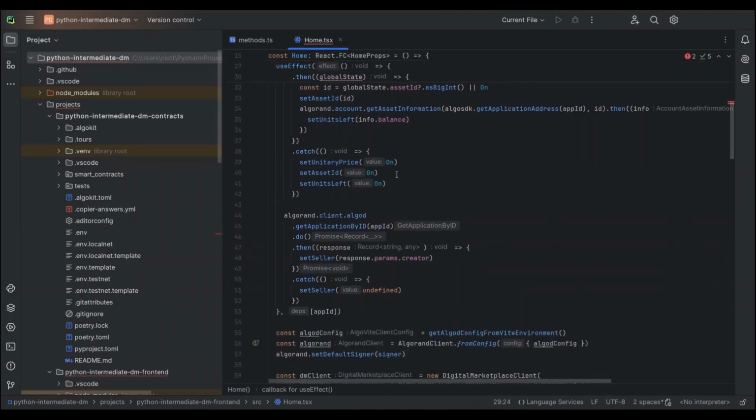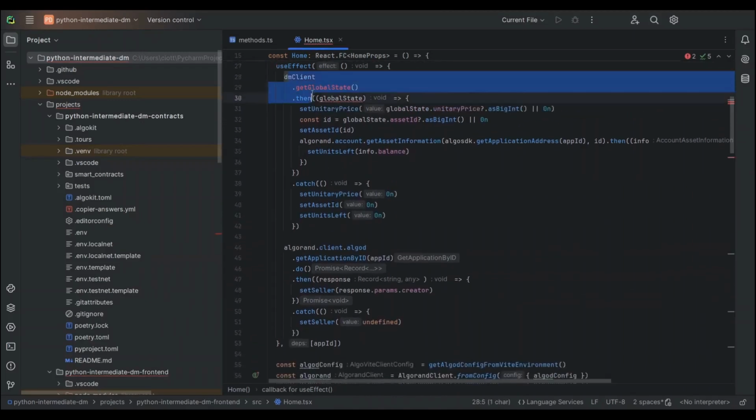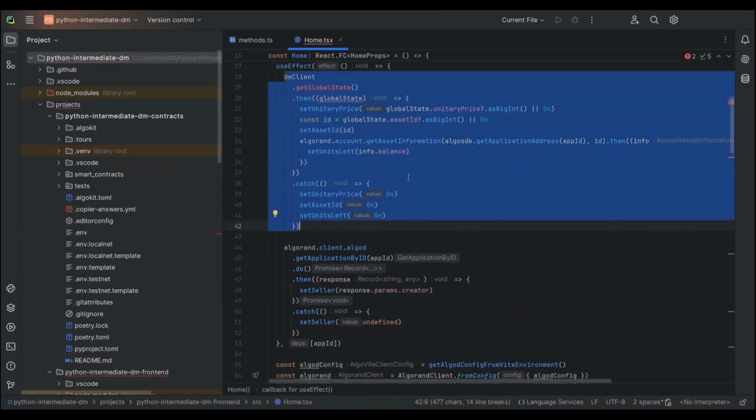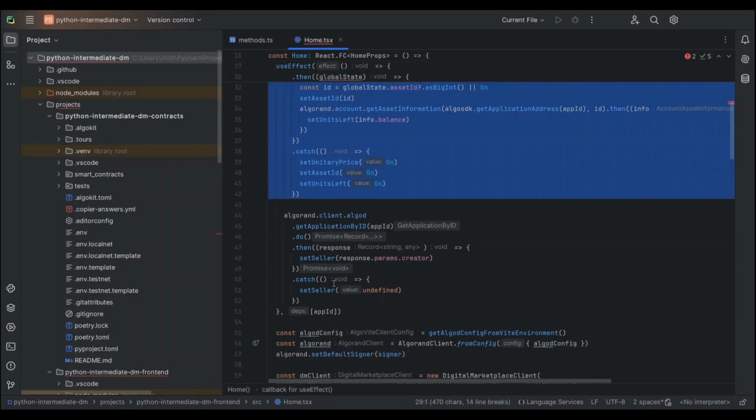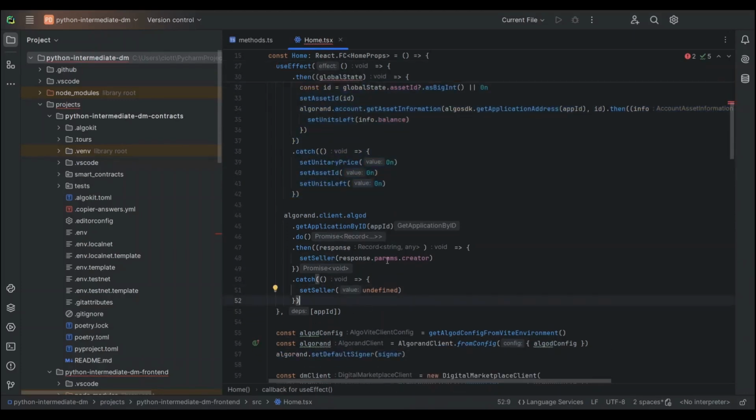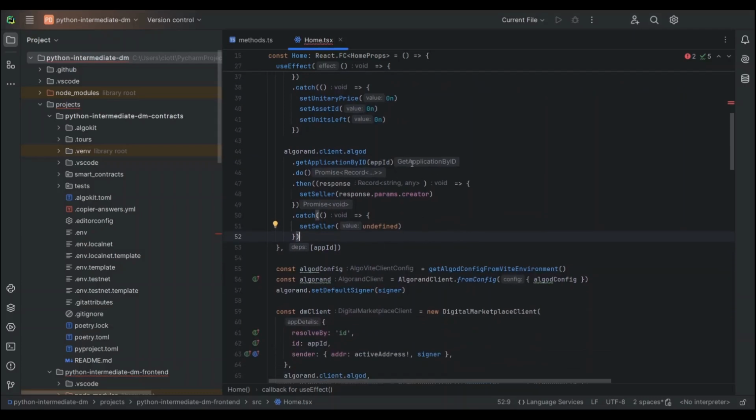So is there anything that we need to save from this function? What is this doing? Yeah, right. No, we don't need this because this is assuming that there is only one seller and it is saved in the global state. What is this doing? Oh, I see. Yeah. We will not be using this because we will just copy manually the address of the seller when we need to refer to a specific